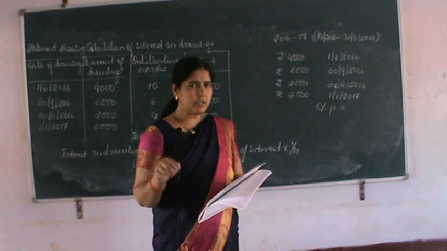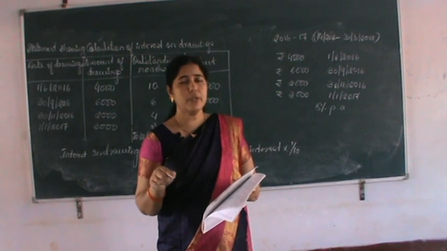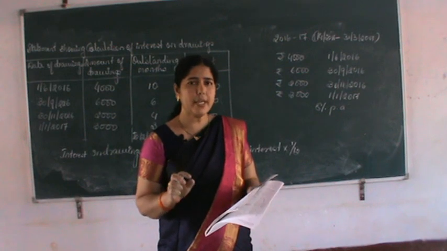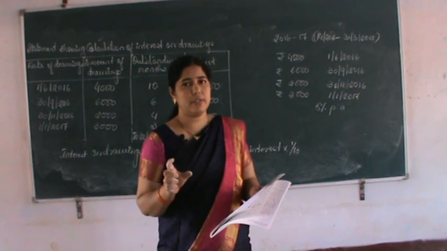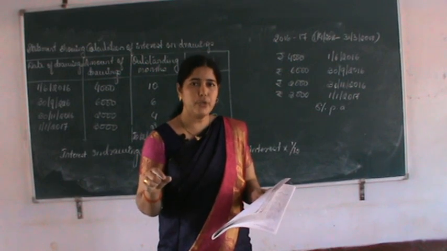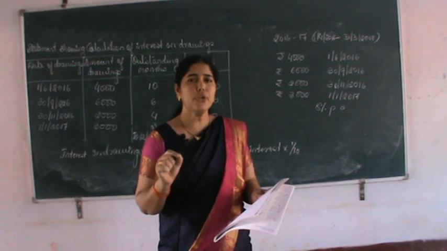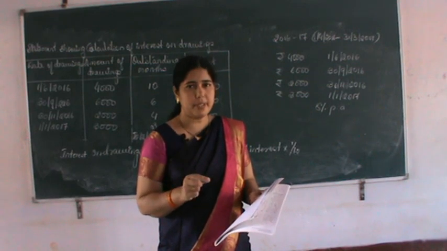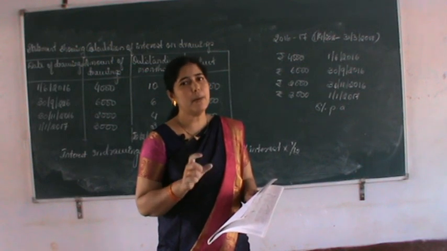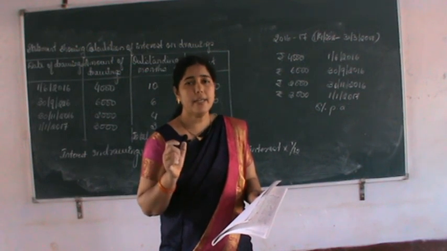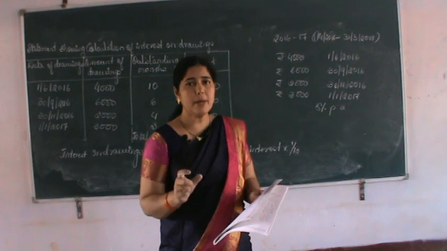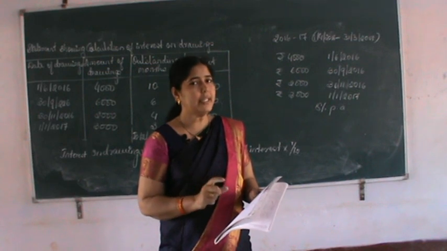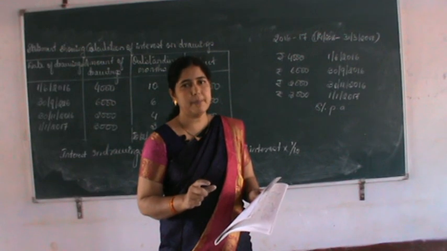So Murthy used to take the amount of rupees 4,000 every time, and that too he used to take it in the beginning of every quarter. That amount of drawing was uniform and the timing was also uniform. Hence in that case we had applied the average period method. But we can apply the product method also. When the time gap is same and the same amount is withdrawn by the partner, we can apply either the product method or the average period method.